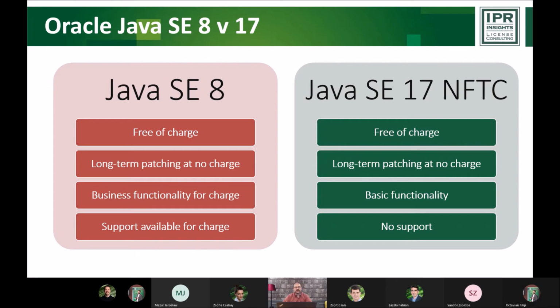So with Java 8, I think Oracle was being very generous. And if we look at the whole issue from Oracle's point of view, we can also argue that Oracle is sort of paying a price for being too generous. We could say that. But obviously, we are not obliged to look at this from Oracle's perspective. We are entitled to our own end user perspective. So in terms of the difference between SE8 and SE17, long-term patching is the same. Basic functionality only is the same, and support was not available without a charge for SE8,